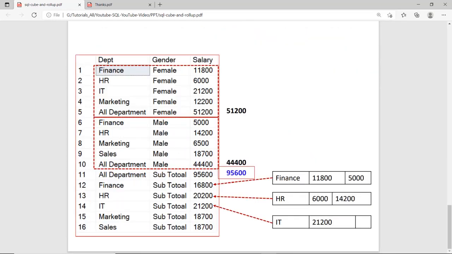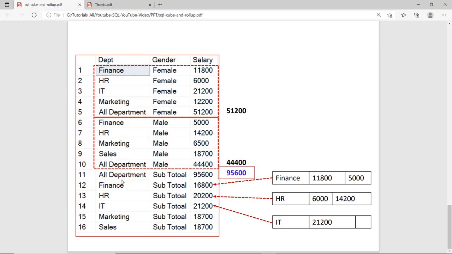We can also check the diagram for the output of this cube. So we have the combination finance female, then HR female, IT female, marketing female, and all departments. This is the total of all these 4 figures. Then another combination, male finance, male HR, male marketing. So this is the subtotal of all these figures.